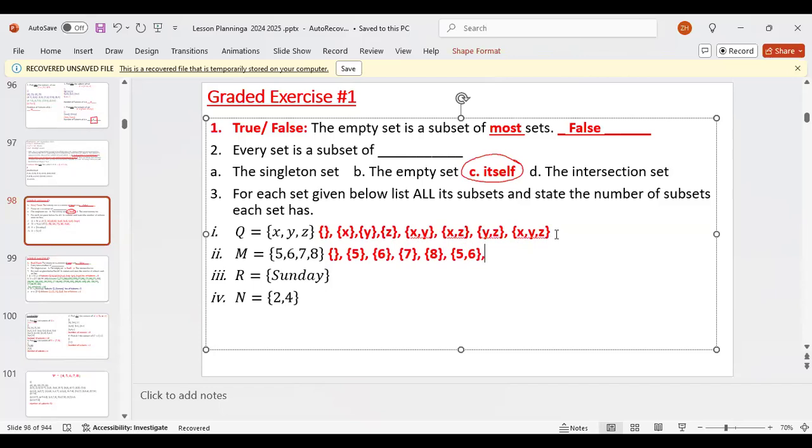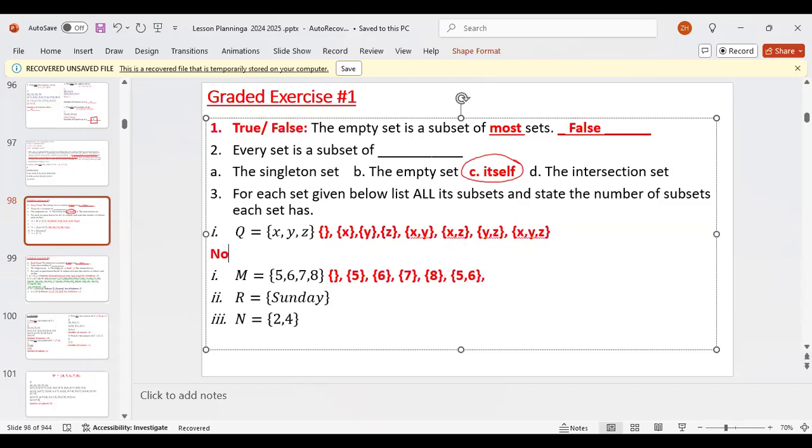Oh, one more thing. We forgot to put the number of subsets for number 1. What's the number of subsets? 8. How many persons forgot to put the subsets? Forgot, yeah. Okay. All right. So continue 5, 6, and then what else? Kaylee put number of students. That looks so much like subsets. Thank you. Go ahead.